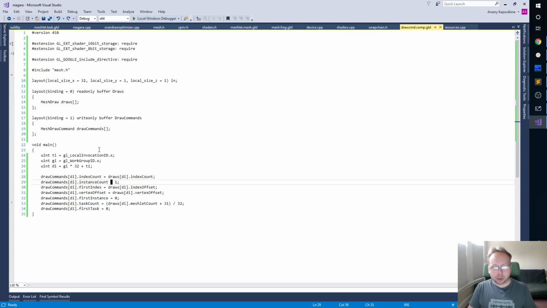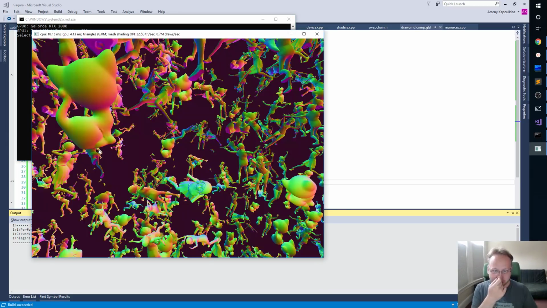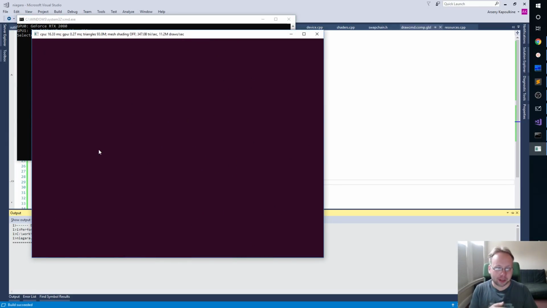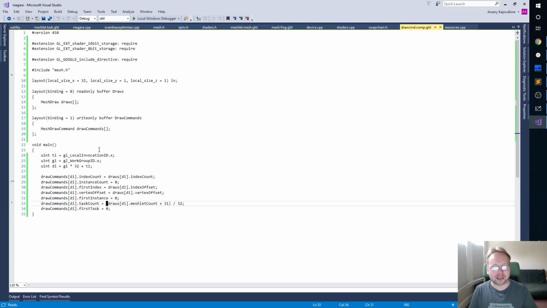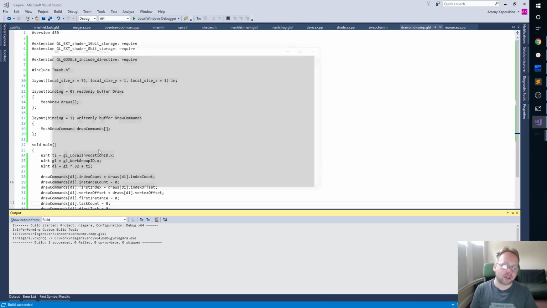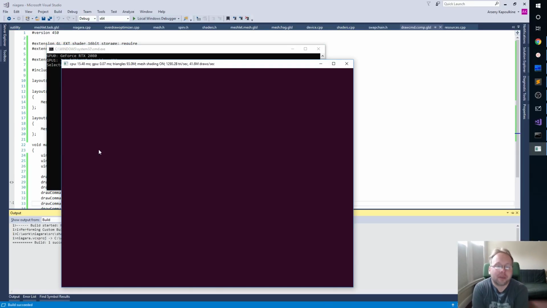So basically the thing that we'll do for now is not very efficient, but we will just set this guy to 0, and when we do so, I'm expecting that, well, okay, in the traditional pipeline we'll set this guy to 0, in the meshlet pipeline we'll have to set this guy to 0. Alright, and so this is not super efficient necessarily because, well, it runs pretty fast. Like in theory this is not super efficient because the GPU still takes time to go through these draw calls,